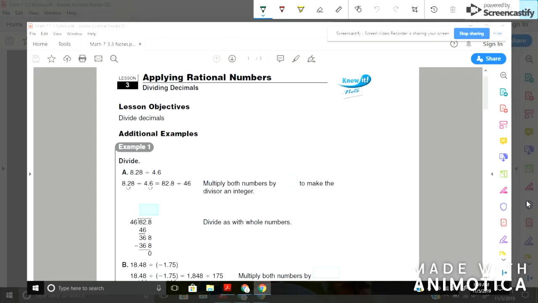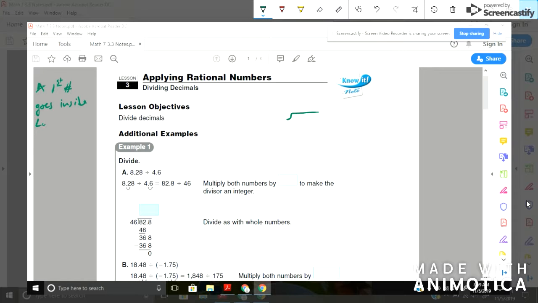All right, so it says for letter A, divide 8.28 by 4.6. Okay, so the first thing that you have to remember is when you use long division for these numbers, what number goes where? Well, the first number, 8.28, is going to go inside the long division sign. So if you need to write that reminder, do it. First number goes inside